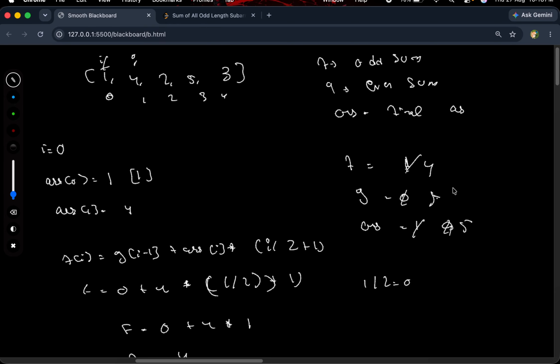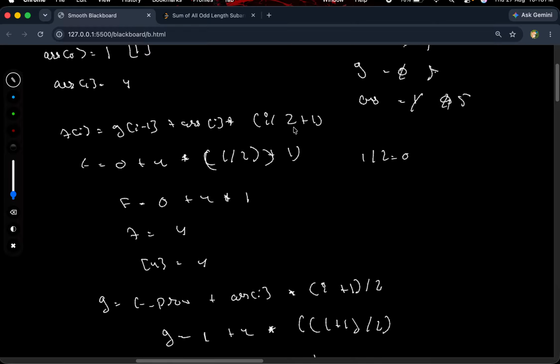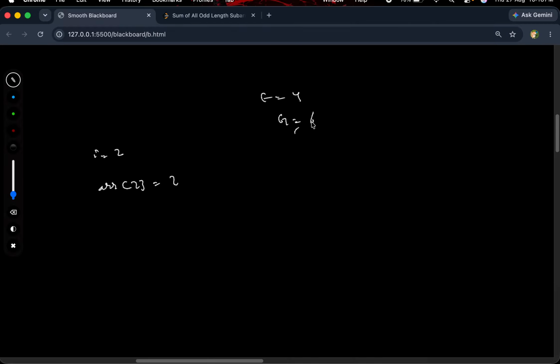So now let's I comes here at 2. Okay, I is 2. So array of 2 is 2. So previous f is 4 and G is 6. G is, I think, 5. Okay, sorry, G is 5. Okay, let's calculate